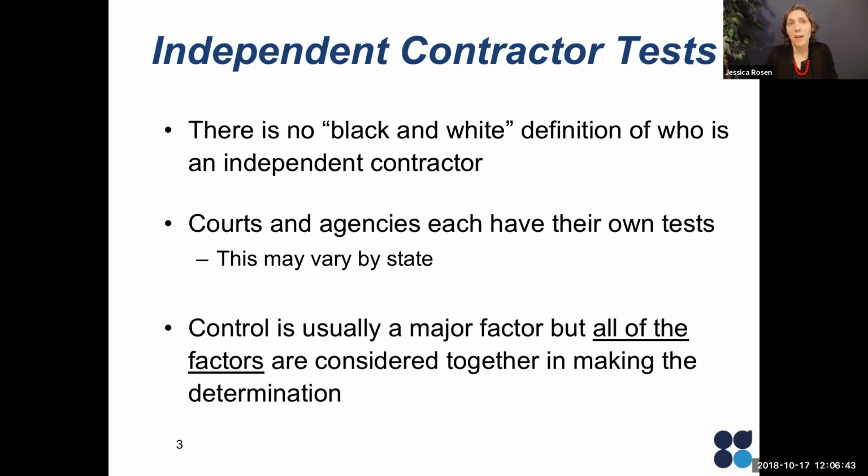So we're going to talk generally about that and then go into a little more specific. To summarize, historically, the approach has been to look at the level of control that the entity has over the service provider. In this case, what is the level of control that my law firm has over Pat the plumber who comes into my office to do that work? Control is a major factor in general, but what does that mean? How does that play out? There's a bunch of factors that are going to be considered together when determining whether that control exists.